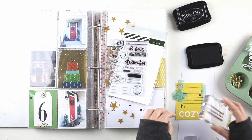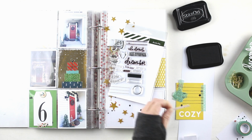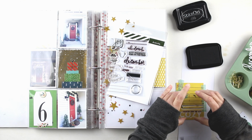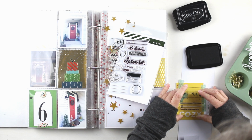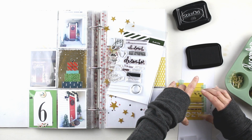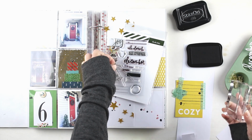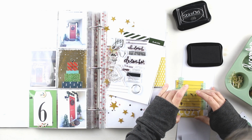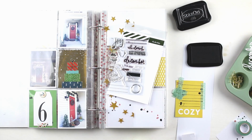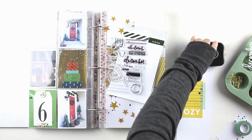Alright, and then I think I just need, like, here's what I'm going to do with that bottom, because I want that to go just a little bit further and match over there. So I'm going to stamp that again. Yeah, that's okay. That's fine. And then one more line. There. I like that. Okay. So let me put this back together real quick